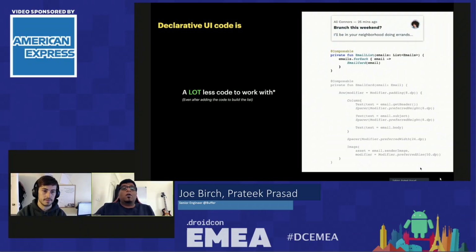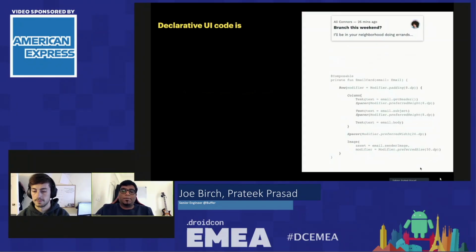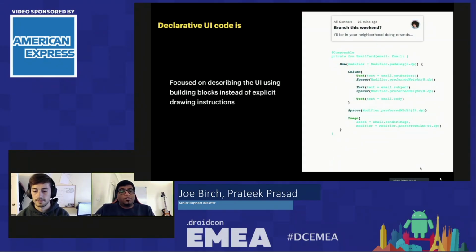And this is in stark contrast to a conventional RecyclerView implementation on Android or a table view implementation on iOS. We are also now focused on describing the UI instead of the explicit steps, which means you get to iterate faster on your thoughts without getting